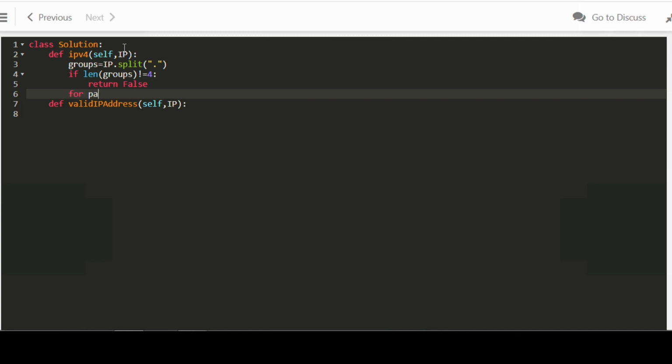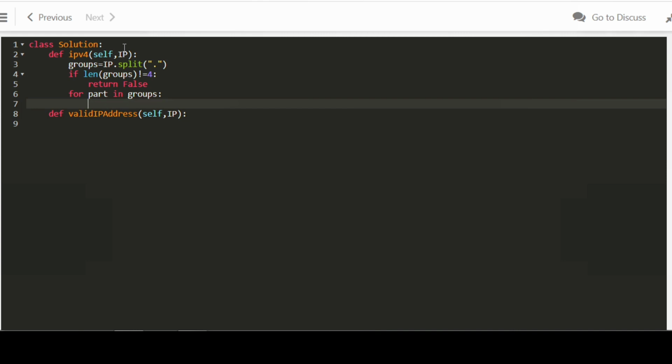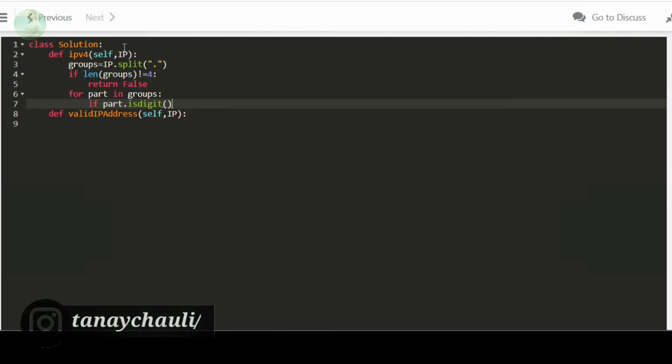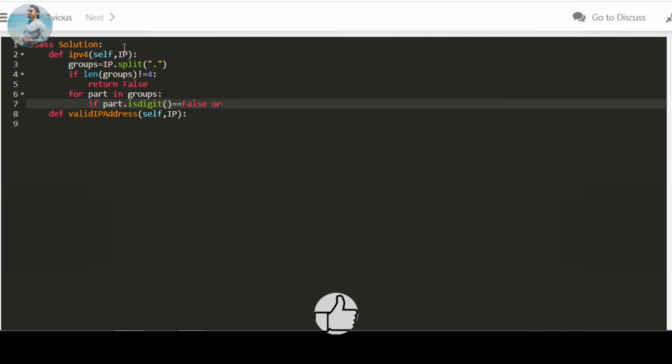Now I will take a for loop and iteratively check each part inside this group. So in IPv4 there are 4 parts. So I will take part in group. If part.isdigit is false, means this part is not a digit, so simply we will return false.